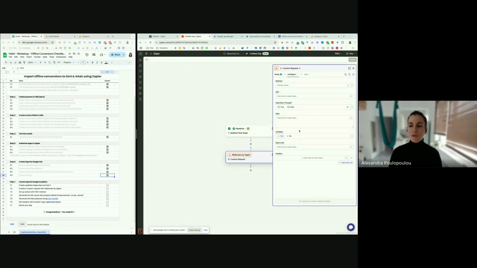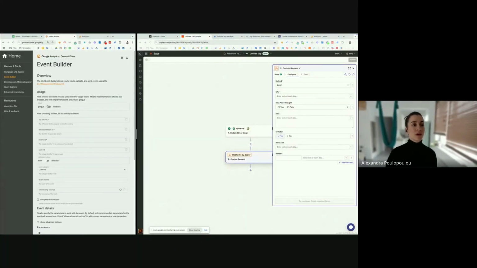Now we're going to replicate this kind of technology through Zapier. For the method, we are going to use POST. For the URL and all the other information, we can use the event builder that is available to anyone from Google, and we are going to generate everything that we need for this setup through this page.